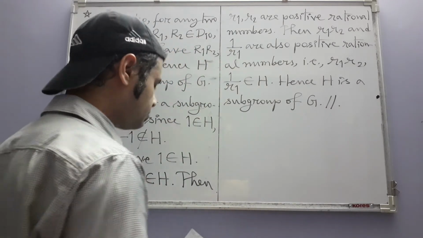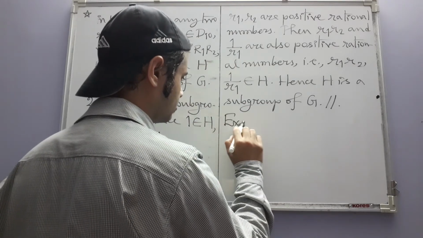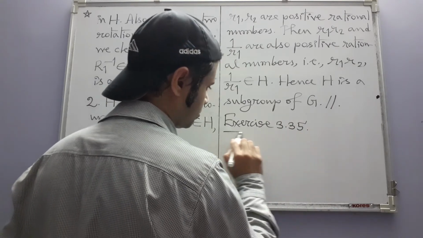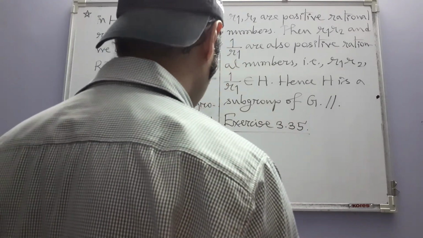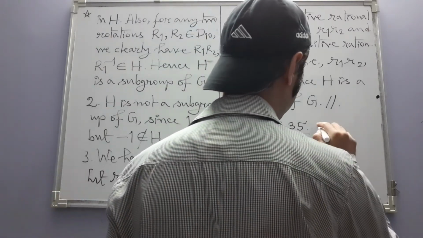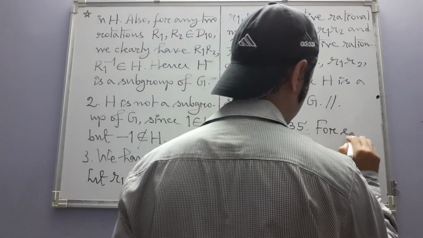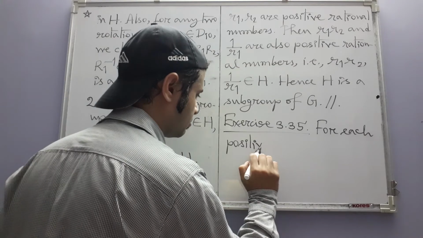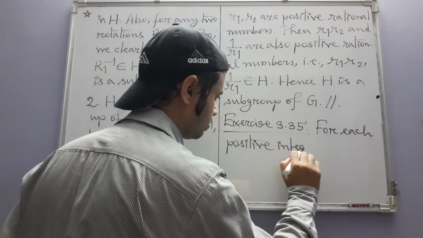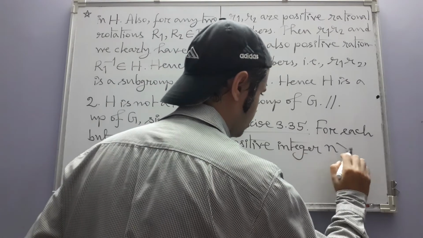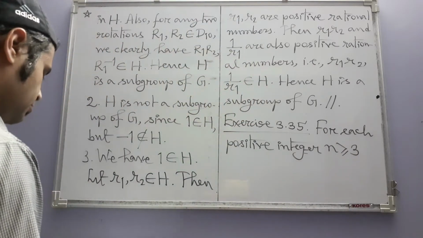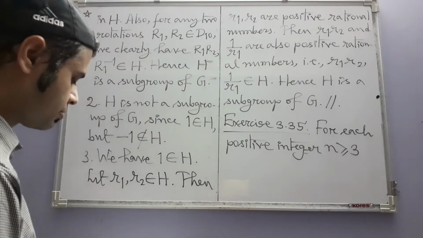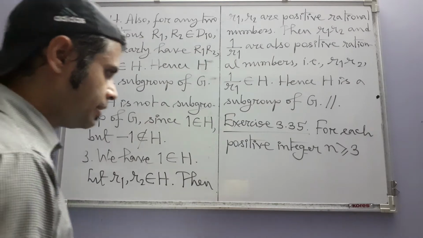Next, the next one is about dihedral groups in general. For each positive integer n greater than or equal to 3. Why do we need to mention positive separately? If it's an integer greater than or equal to 3, it's automatically positive. But anyway,